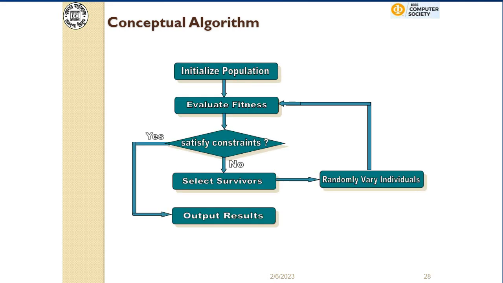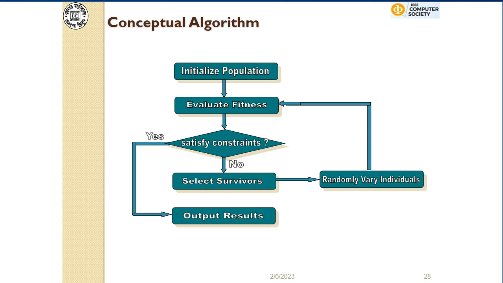You initialize the population with some random solutions, trial solutions, and evaluate the fitness of the solutions, because these are generated randomly. So the interesting thing is that you do not require any context information regarding the problem. You do not require any information regarding the data set. For example, if you are going to cluster a data set using this genetic algorithm, you do not require any information regarding the data set. That means you start with a random set of solutions,